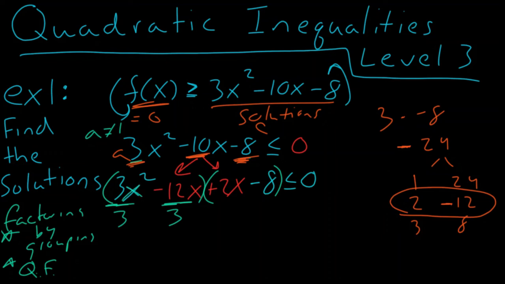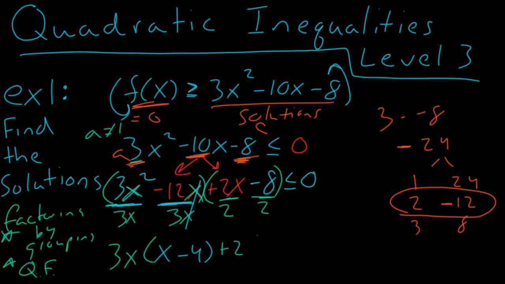Also, notice this has 2 x's and this has 1 x, so we can divide both of these at least by 1 x. So let's write it like this, 3x parentheses, and here 3x squared divided by 3x is just 1x, and negative 12x divided by 3x, the x's cancel, and negative 12 divided by 3 is negative 4. Okay, and then back to here, we have 2x minus 8, and what can both 2 and 8 be divided by? Well, they can be divided by 2. So we'll write positive 2, and then we can put parentheses, x, and 8 divided by 2, or we'll have negative 4, is less than or